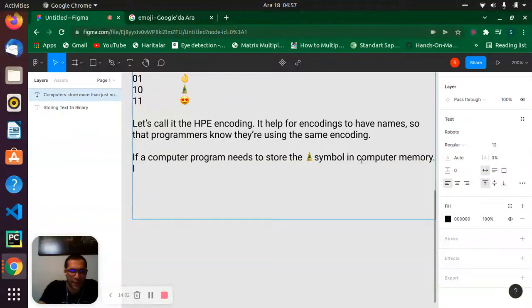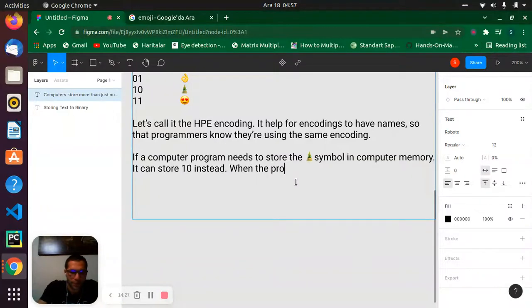So it can store 10 instead. When the program needs to display, I mean 10 is that, okay? I told you it's like 2.